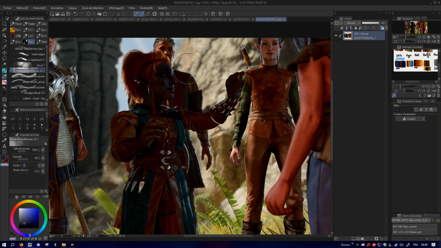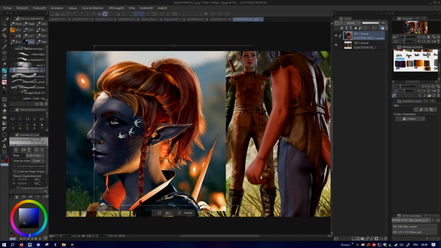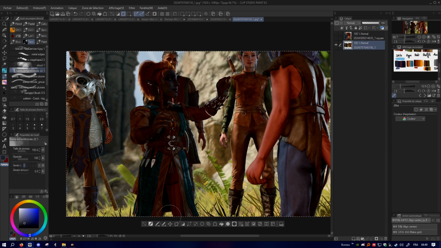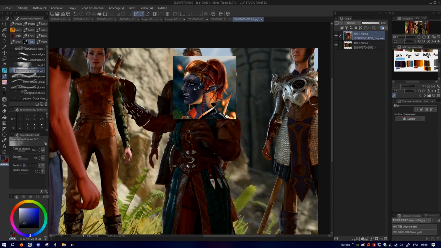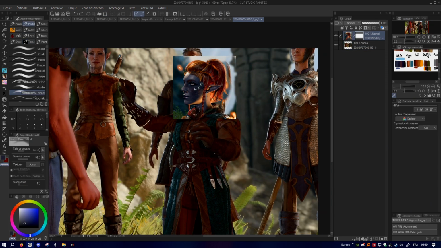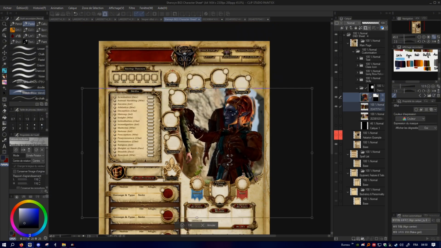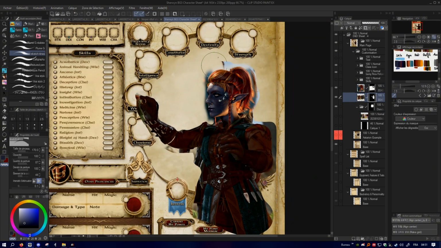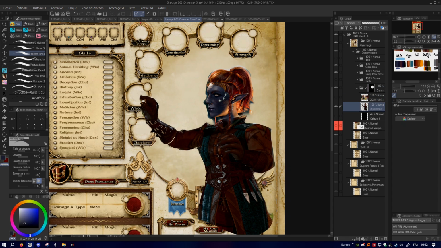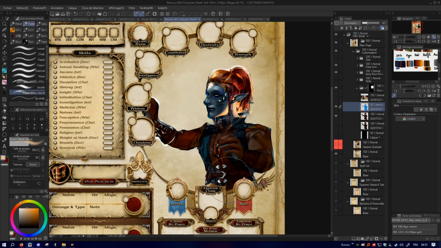For the picture I wanted something without an outfit, but I didn't like the expression, so I took another picture that I mixed on top of it. At this point it doesn't have to be clean or perfectly rendered, it's totally fine to just put it there. Then I simply go through the same process I showed you earlier with filters, effects, artistic effects.